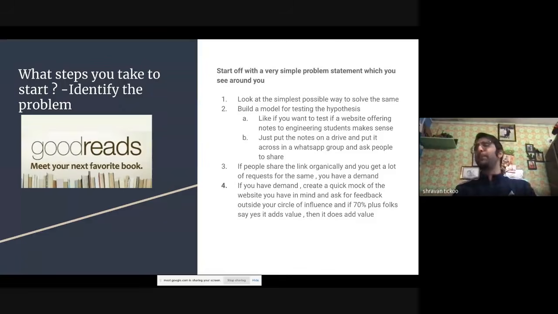एंड इफ 70% पीपल, 7 out of your 10 फ्रेंड्स बोलते हैं कि यार इट रियली एडेड वैल्यू, बिकॉज लास्ट टाइम पे यार मेरे पास नोट्स ही नहीं थे, अब मेरे पास पिछले 10 साल के नोट्स पड़े हैं, सो इट रियली एडेड वैल्यू, देन डेफिनेटली दिस प्रोडक्ट मेक सेंस.